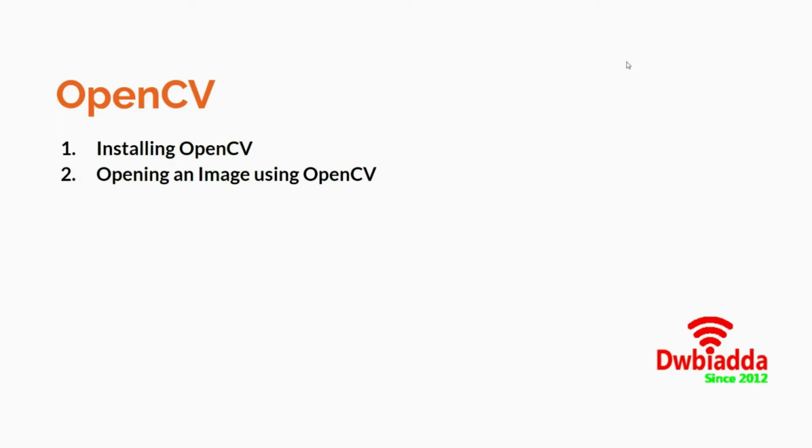So once we have completed all of these fundamentals, we are now ready to move into the concept of OpenCV. OpenCV is a Python library which stands for Open Computer Vision, and this library is actually available in the languages C++, Python, and Java. However, since we are coding all of these in Python and we are talking about the subject of computer vision, we will be using the OpenCV library in the Python language itself.